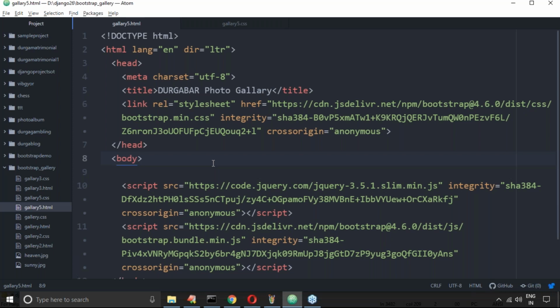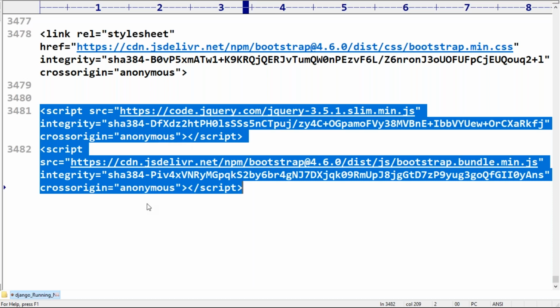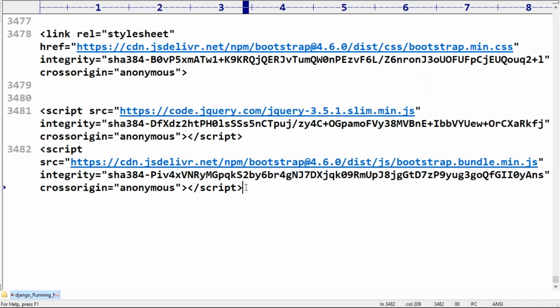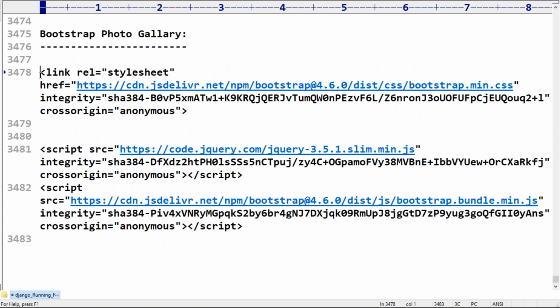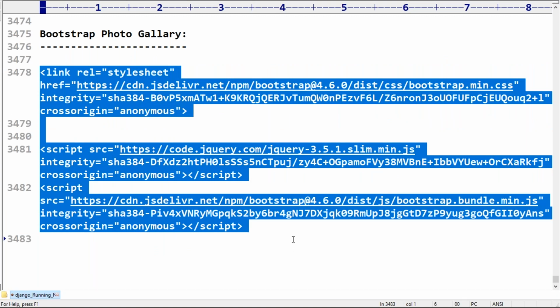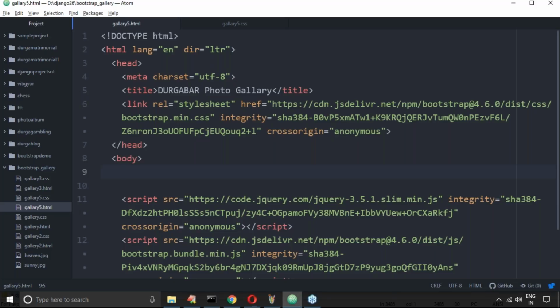Nothing. Okay, now my question: observe carefully, take special care. These are only the CDNs that I just added, and then I want a navbar.